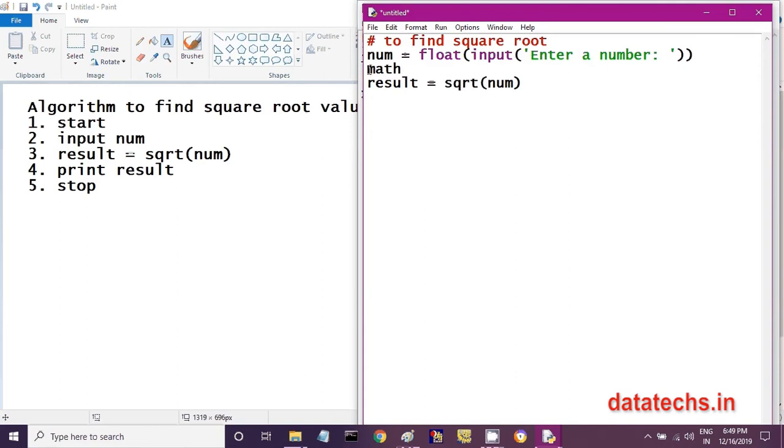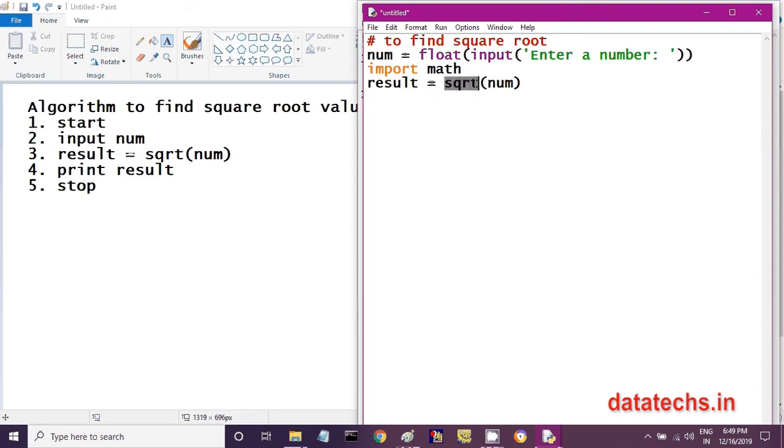So what I am supposed to do is import that math.py program before I use this sqrt function. For that purpose, I have to write import math. So this math program contains the sqrt function. Now I can use it.